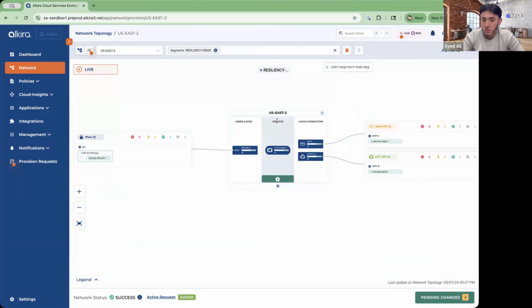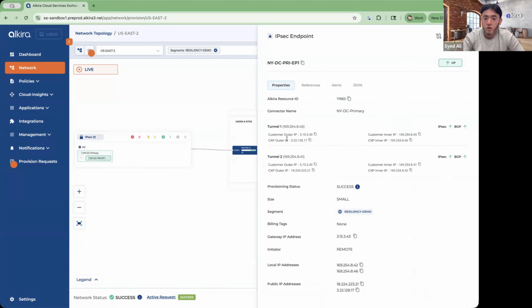You can deploy network services inside of the CXP, and you can connect to your cloud resources and have multiple VRF segments. In this case, as the diagram was depicting, we have a data center, and the data center is actually connecting into this US East 2 CXP. It's showing a single line, but these are actually 2 connections back. If I click on it, you'll see I have 2 tunnels connecting in from an endpoint. So from a data center, it's coming in, connecting into 2 different endpoints on the CSPs, which is connecting to two different availability zones.